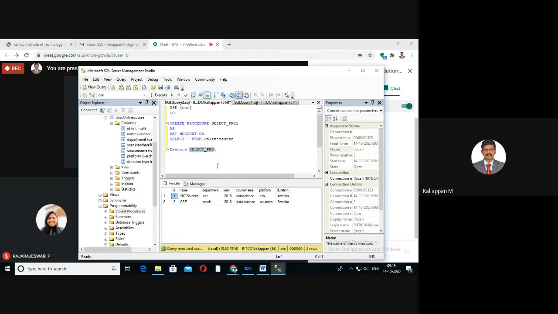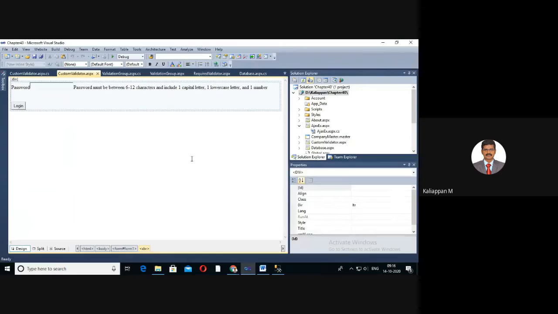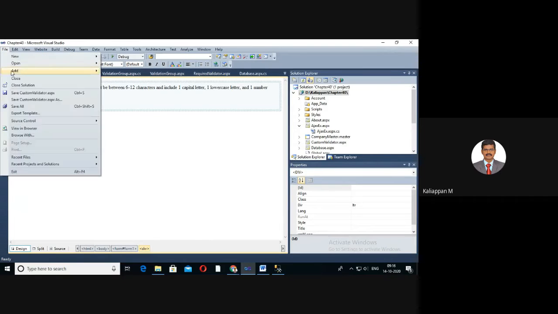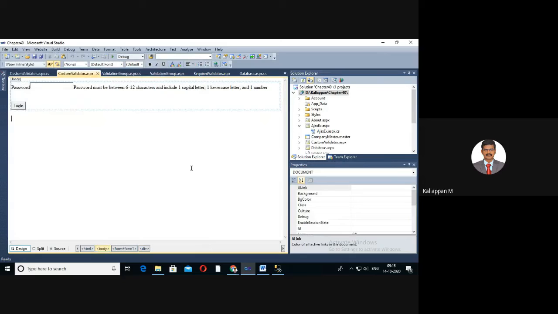So how to call this created SQL stored procedure in ASP.NET? Just open your Visual Studio editor, then create your new website. Here I already created a website called chapter 40.